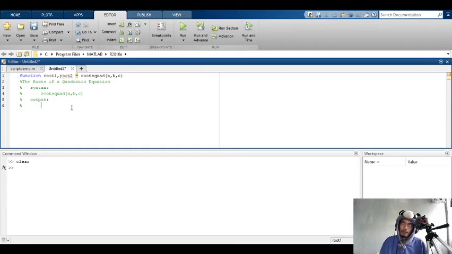Kasi yung standard form natin is negative b plus or minus the square root of b squared minus 4ac all over 2a. So, dalawa yung possibility na output dyan. So, ang output natin dyan is root 1. That is the positive root or the first root